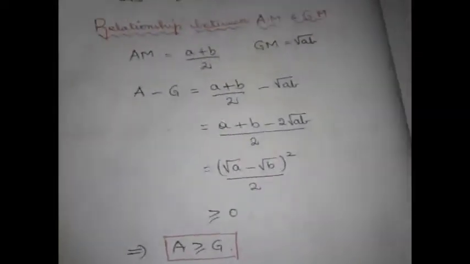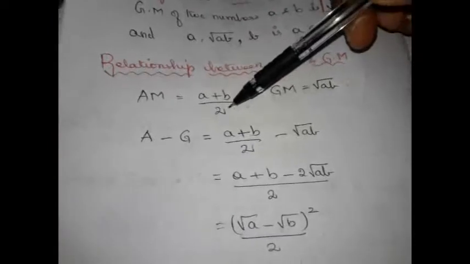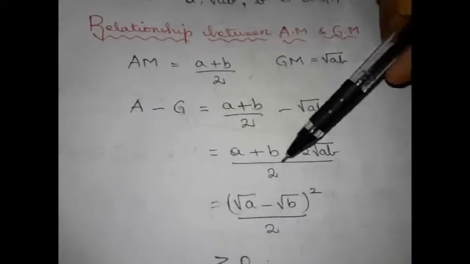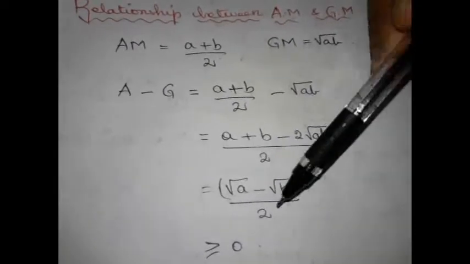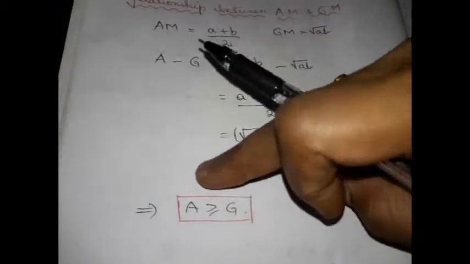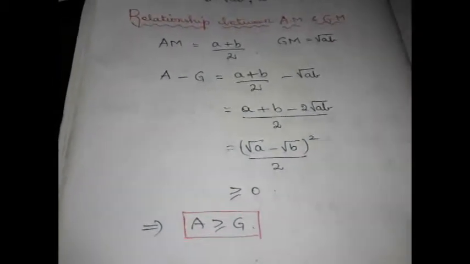And what is the relationship between AM and GM? AM is (a+b)/2, GM is going to be the square root of ab. If we take the LCM, a + b minus 2 root ab, and this can be written as (root a minus root b) the whole square. Right? And hence it is clearly seen this is greater than or equal to 0 because this is a whole square term, therefore it is always non-negative. So this implies A is greater than or equal to G, which means the AM of any two numbers will always be greater than or equal to the GM of those two numbers. Alright, with this knowledge we are going to solve problems on GM now.